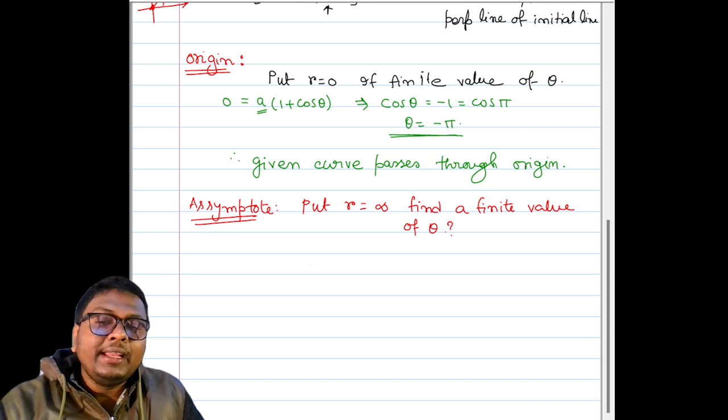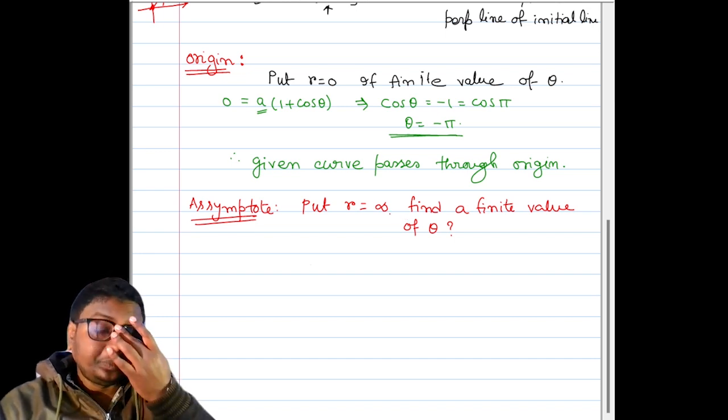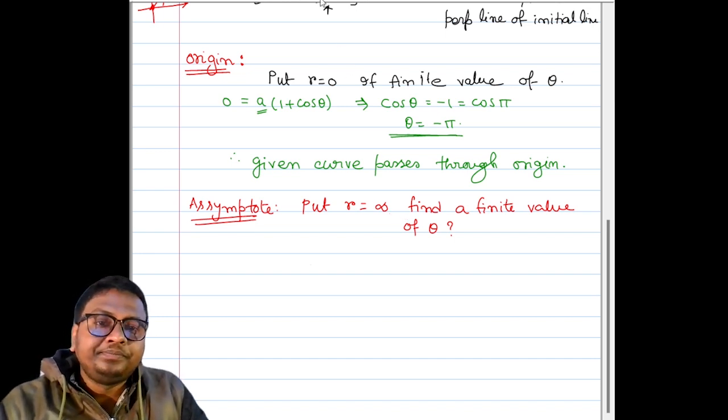If you get a finite value of theta, that means an asymptote exists. And if you cannot find a finite theta value,